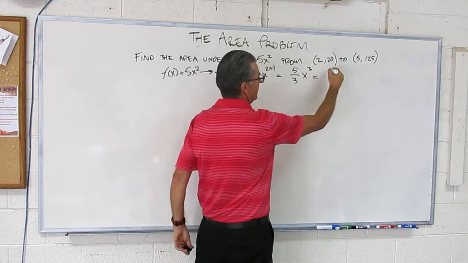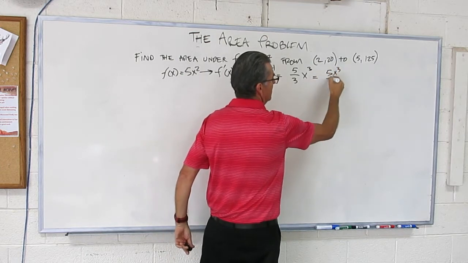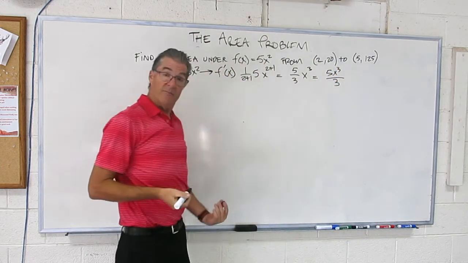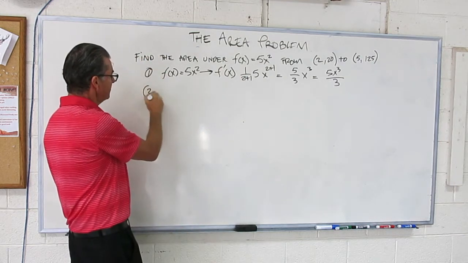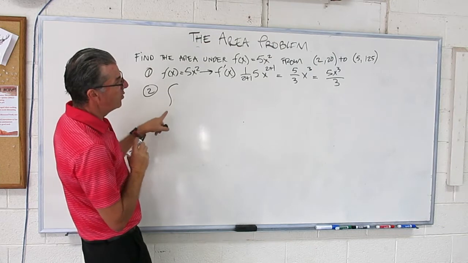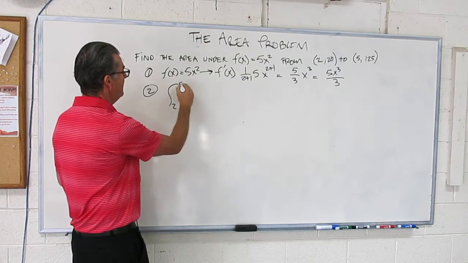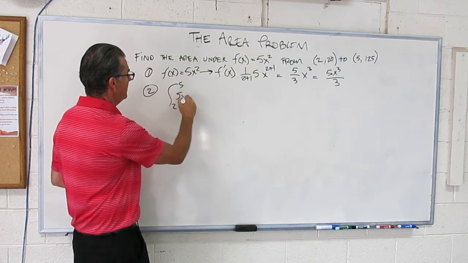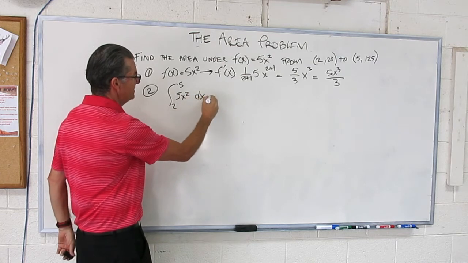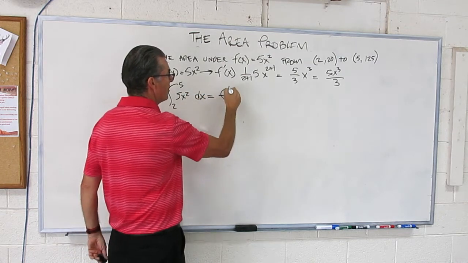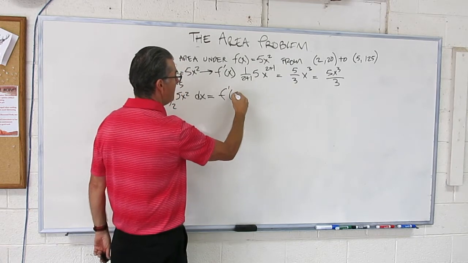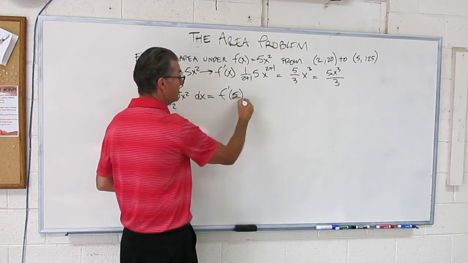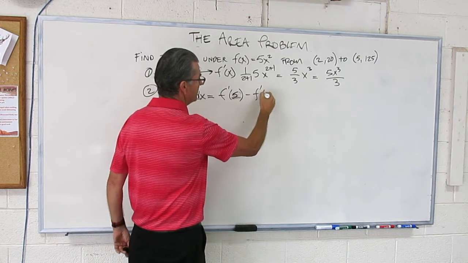So I'm going to simplify that as just 5x to the third over 3. So that's our f prime of x. Second step is to run our derivative, or our integral. So now we're going from the point 2 to 5 of 5x squared dx. That's going to be f prime of 5. You do the upper boundary minus the lower boundary, which is f prime